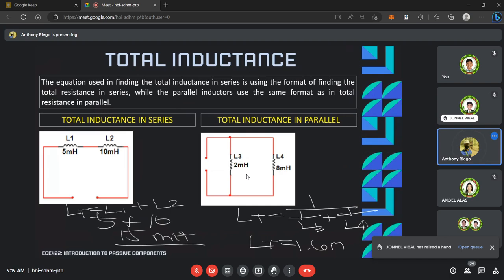Jonel, may question ka? Sir, may tanong lang po ako. Yes. Di ba po ang inductance at capacitance ay parang pareho? Bakit po yung ginamit na formula ay kagaya na sa resistance? Thank you, magandang tanong. Yung sinasabi nating parehas lang, yung capacitor at inductance natin, it's more on their